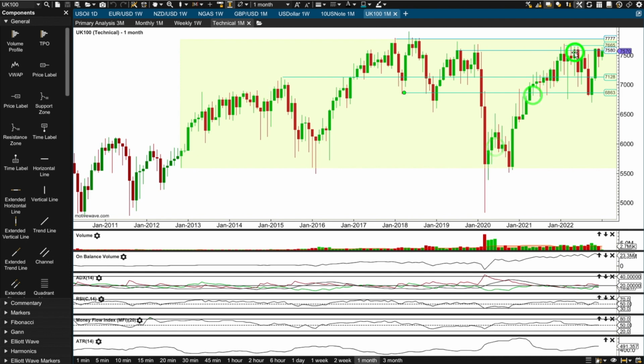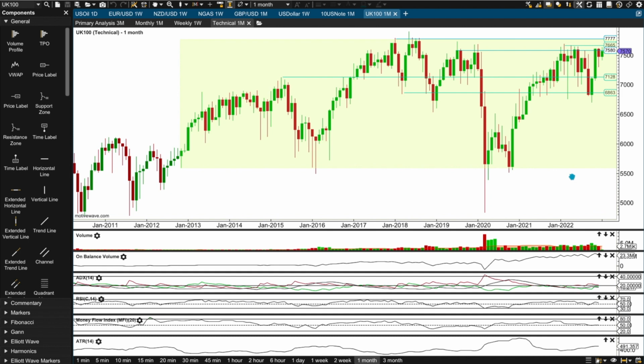Price is now moving up within a huge, big consolidation with resistance around about 777 and final support possibly down about here, about 5,600. A huge consolidation that price entered back in 2012, 2013. The longer price spends within one of these huge rectangles, the longer and stronger the resulting movement is going to be. So we need to see a break either above or below a close, and possibly we could use maybe